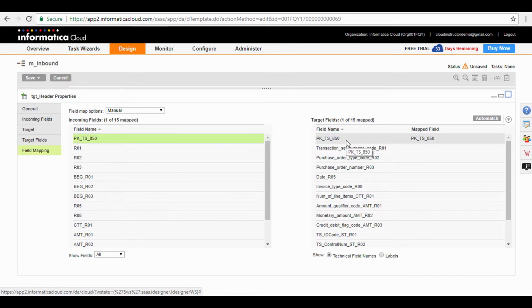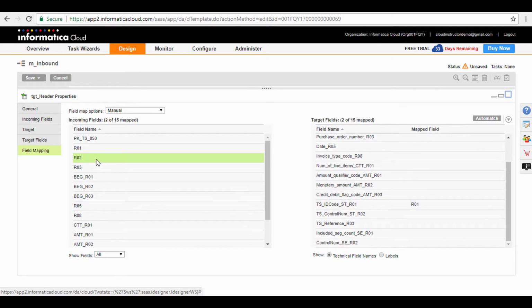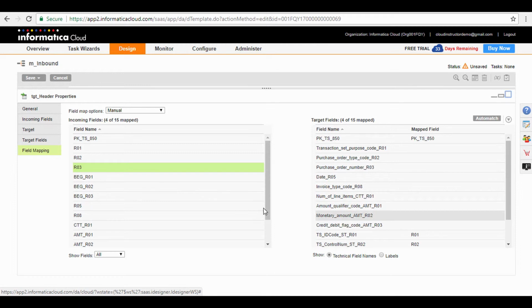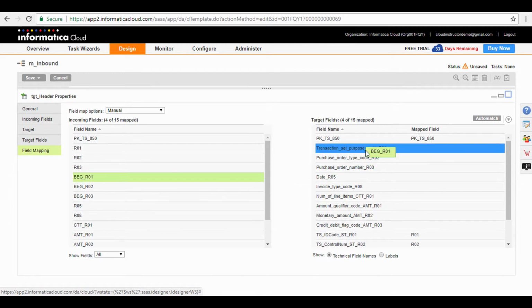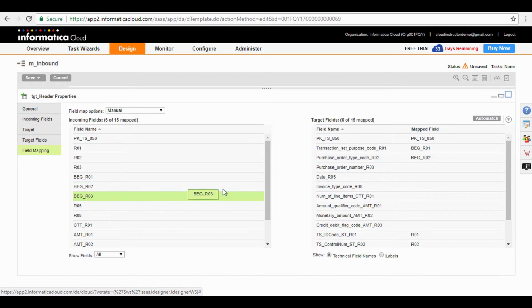PKTS850 to PKTS850, R01 to TS ID code STR01, R02 to TS control number STR02, R03 to TS reference R03, BEG R01 to transaction set purpose code R01, BEG R02 to purchase order type code R02, BEG R03 to purchase